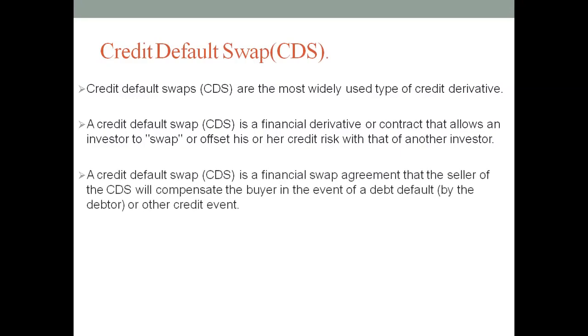It is a financial swap agreement that the seller of the CDS will compensate the buyer in the event of a debt default by the debtor or other credit event, we can say. So what is it? It is a swap agreement. Swap means exchange agreement. If suppose I am having a credit risk and I want to transfer my credit risk to another person, I can enter into a swap agreement that in case of any default, if I'm not getting money from my credits that was made by me to a borrower,